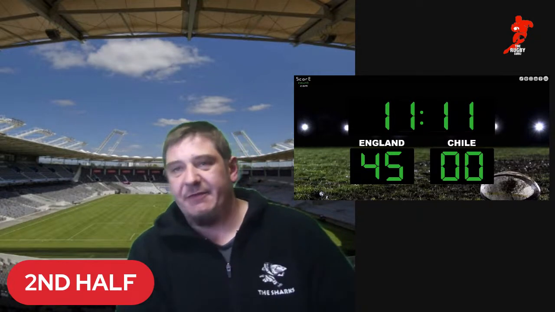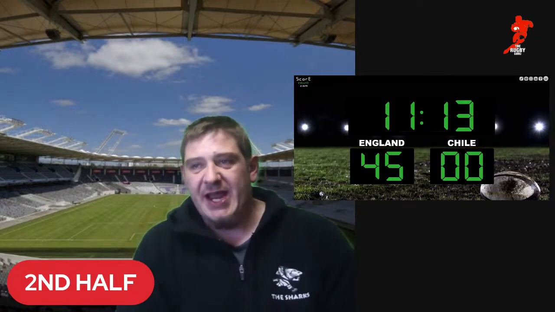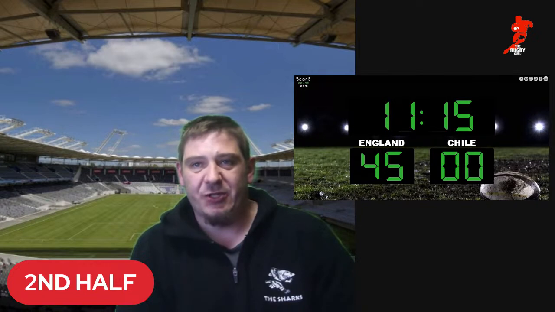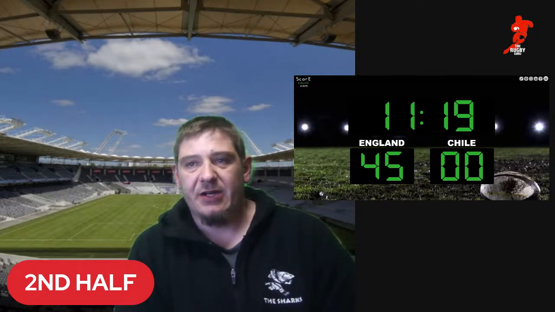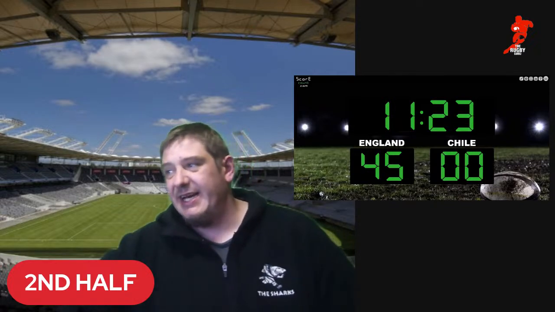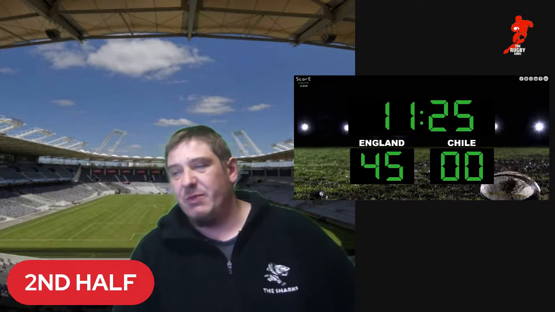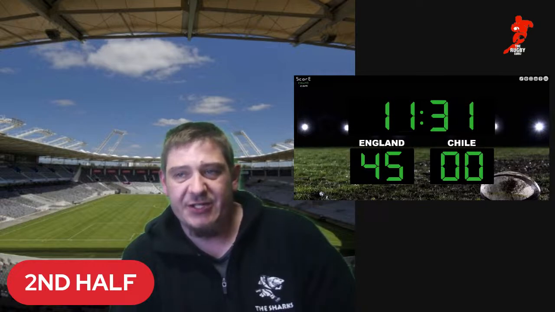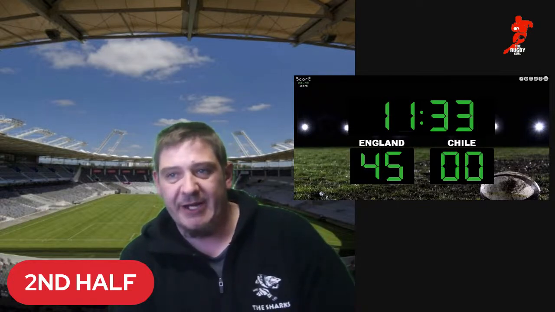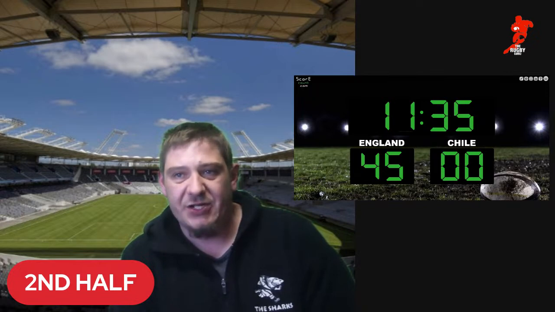About 10 meters out from the try line, it's Bome to throw this one in for Chile. Line out will look to be contested. No, they're not going to contest it. It's taken in there by Eichmann. And that ball driven back by England. Now it's Vidal who's got it. The scrum off of Chile about 10 meters up from the try line.